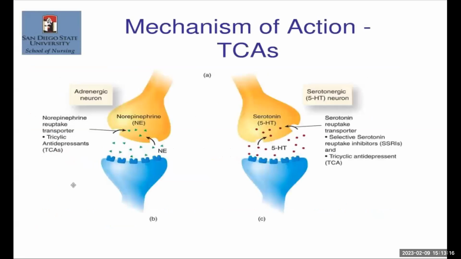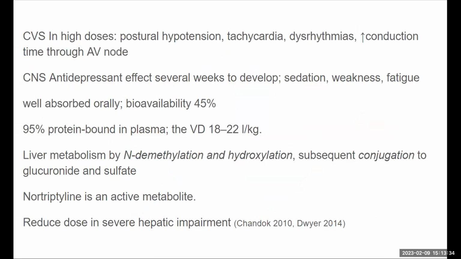These are the two neurons again, the presynaptic and postsynaptic. The noradrenaline that is released works on the receptors. Reuptake is blocked by the tricyclics, therefore increasing the concentration. The same is true for serotonin. Increased concentration here leads to its inhibitory effects. A large volume of distribution has implications for achieving a steady state, and also for the magnitude of the dose that will be given to the patient.